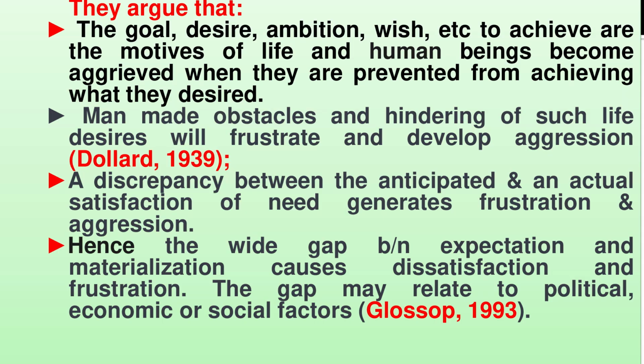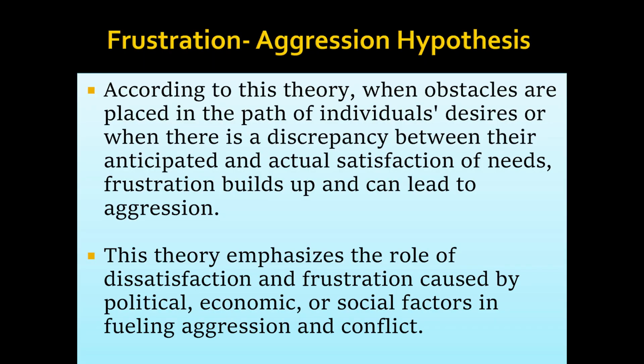The fifth theory we see as a cause of conflict is the frustration-aggression hypothesis theory. According to this theory, when obstacles are placed in the path of individuals' desires, or when there is a discrepancy or difference between their anticipated and actual satisfaction of needs, frustration builds up and can lead to aggression. It is important for you to analyze this theory in the context of political conflicts and social dynamics. This theory emphasizes the role of dissatisfaction and frustration caused by political, economic, or social factors in fueling aggression and